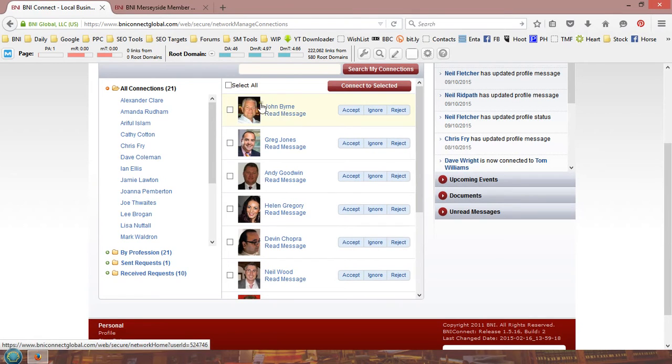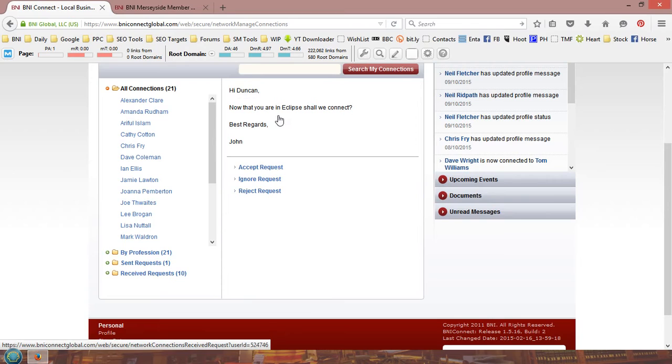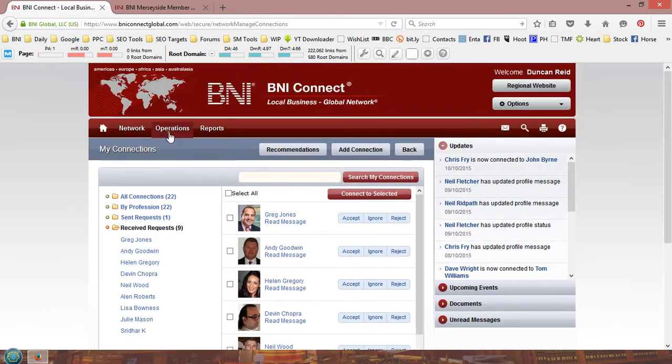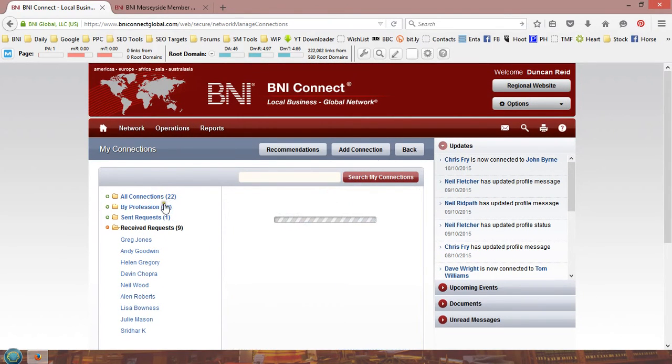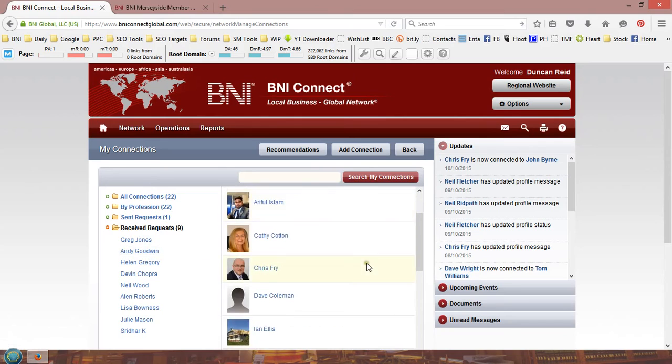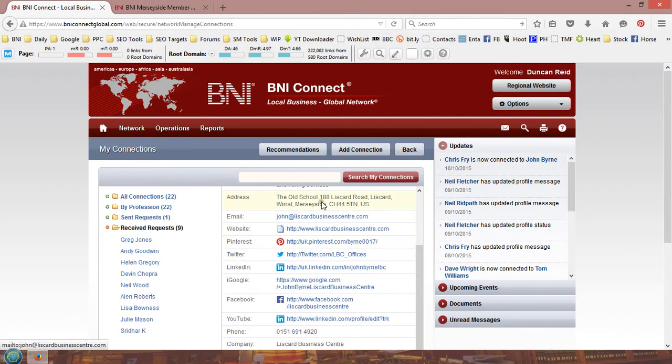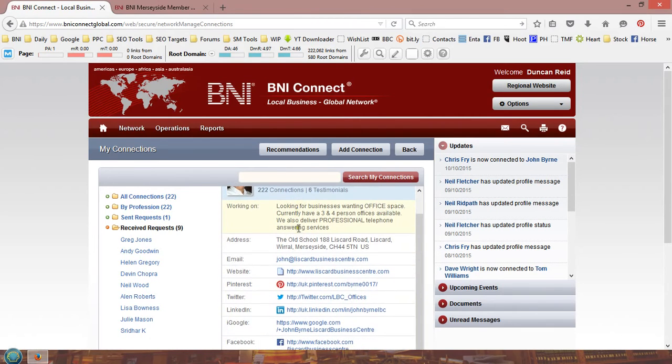So John has sent a connection request, and if you just read the message, it's basically saying that it's all gone live. Folks, shall we connect? Well, of course we should, and it's as simple as hitting the accept. So straight away you can see that the all connections has now jumped up to 22, and there we've got John, and if you click on that, that then takes you to his profile